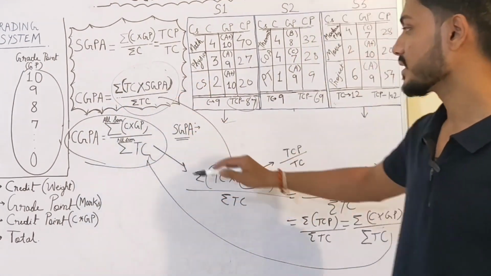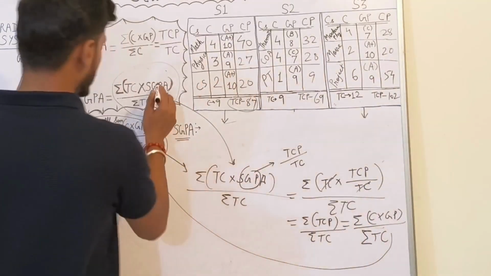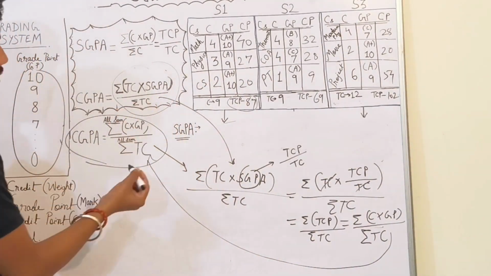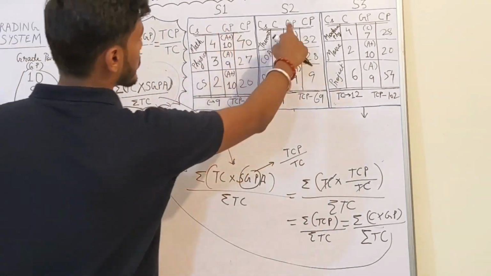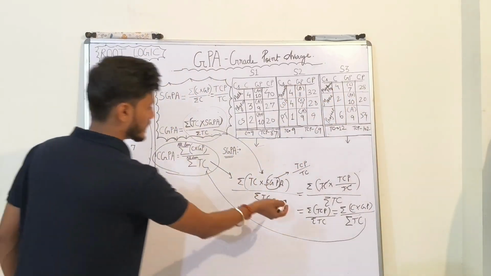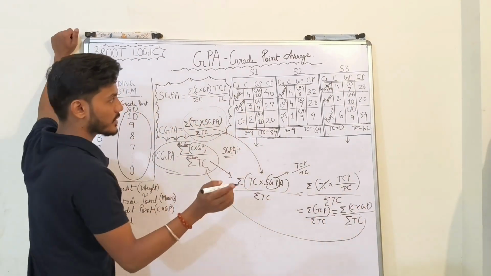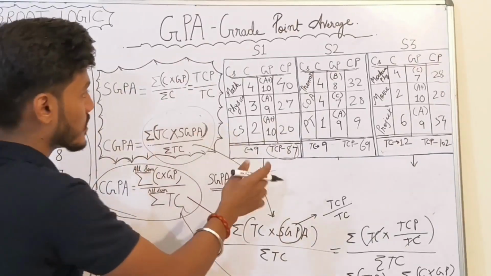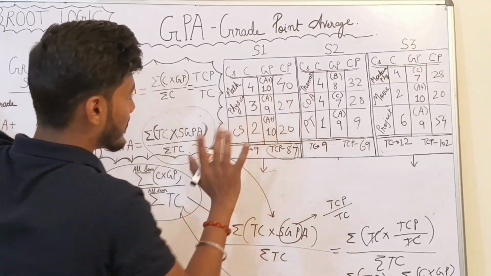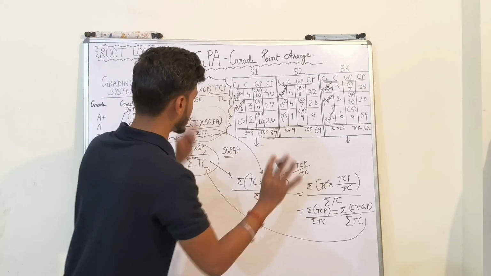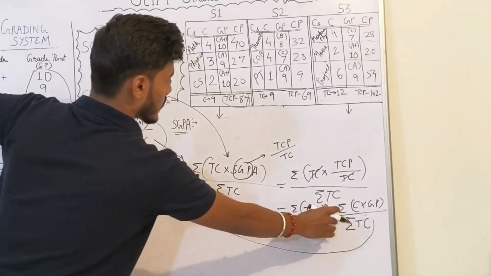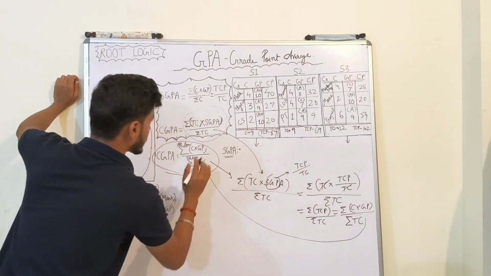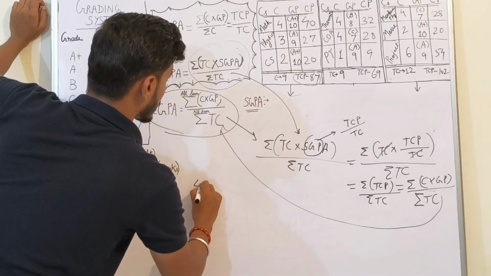So actually, this thing is coming out to be the same from this formula only. So this thing is not different. What it means is, if you are not given the SGPA, and apart from that you only have the results of this, how do you calculate that? Using this formula. You will consider all the subjects of all the semesters together. So using this formula, only when the SGPA is not mentioned, we can directly calculate CGPA by doing 4 into